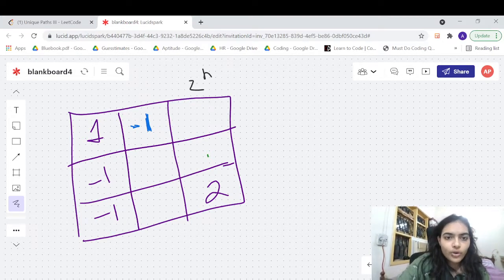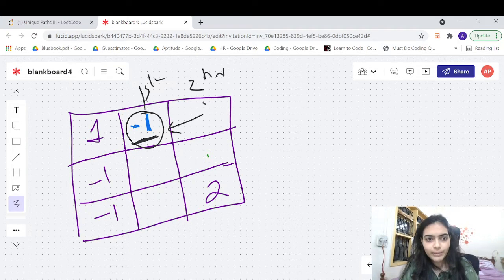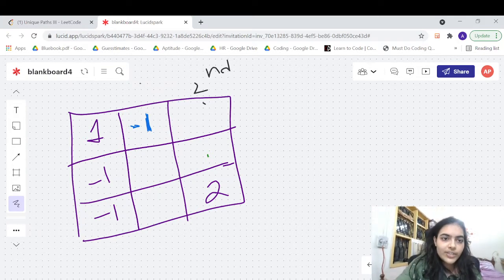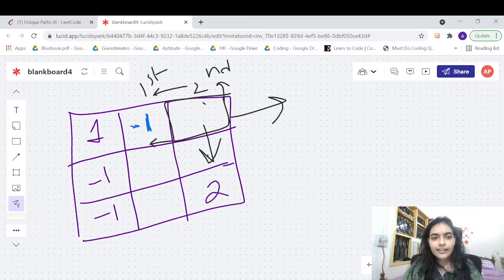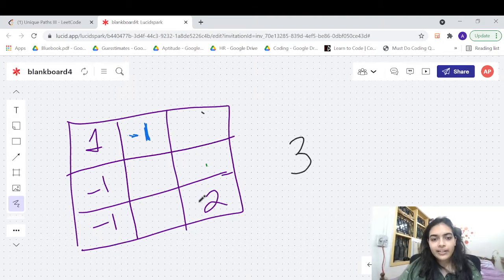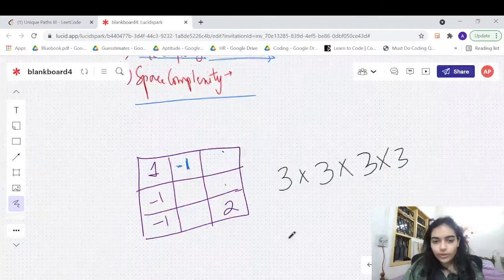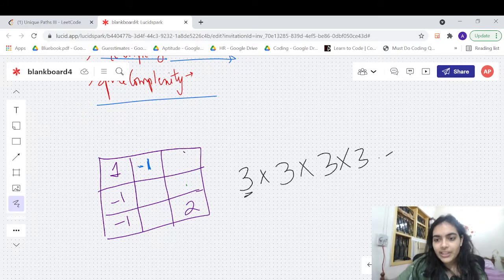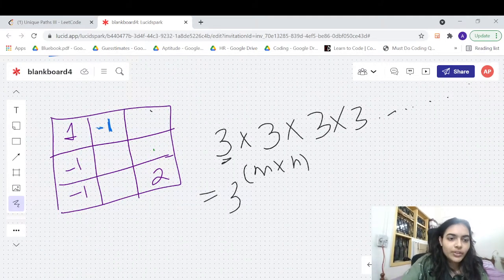Now second cell knows that first cell made a call to it, so first is already visited. We have marked it as -1 because it's already visited. So second cell is never going to visit first cell, right? So second cell only has 3 possibilities. This one, or the top cell. It is never going to visit the cell which called it, right? So for each, except the source node, all other cells will just have 3 possibilities. So each cell will have 3 possibilities. Next cell will have 3 possibilities. Next cell will also have 3 possibilities. You are not going to visit the cell that called you. So it is only going to be 3 possibilities, not 4. So when you think about the time complexity, the number of total cells is what? Number of total cells is m into n, right? Which is the size of the matrix.